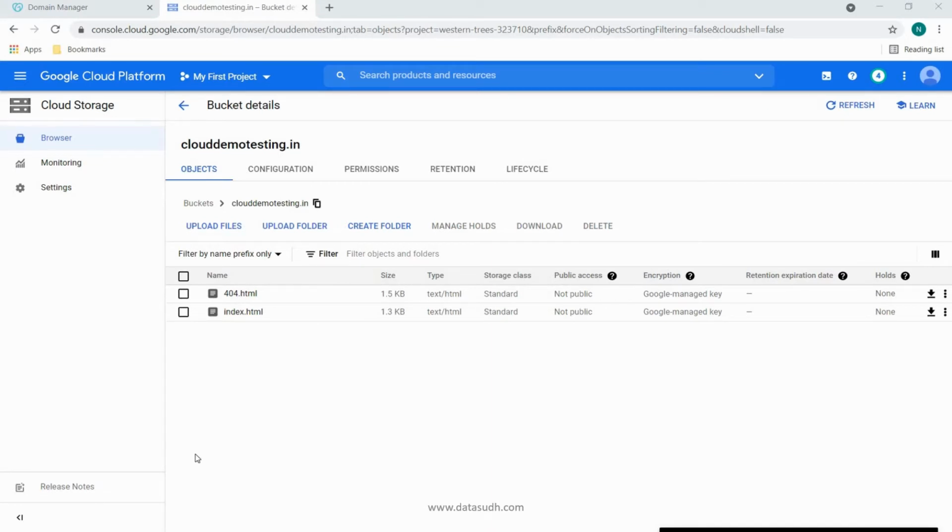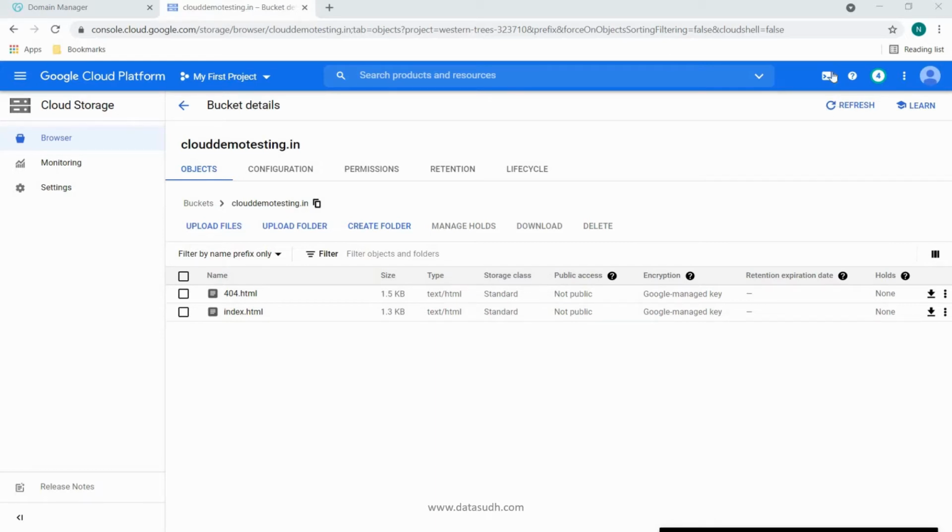Now the next thing to do here is to set up website configuration. Why do we need to do that? So that we can set up the page suffix for the main and error page settings of the website. So when a user goes over the internet and navigates to our website, it will know which main page to show when the domain is hit, and it will know which page to show if they visit any invalid URL.